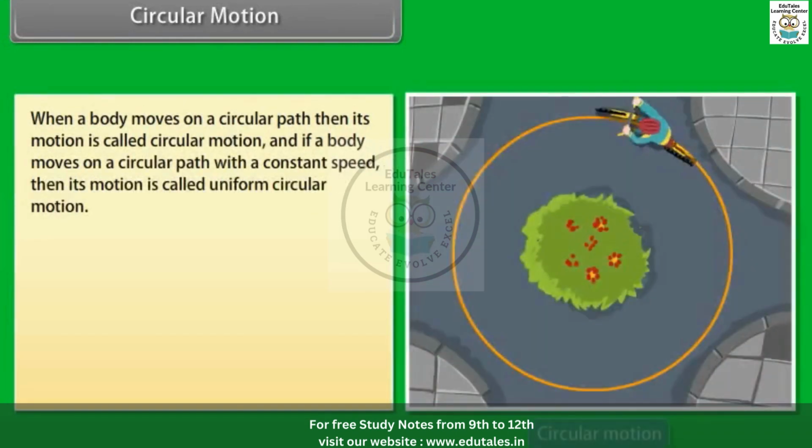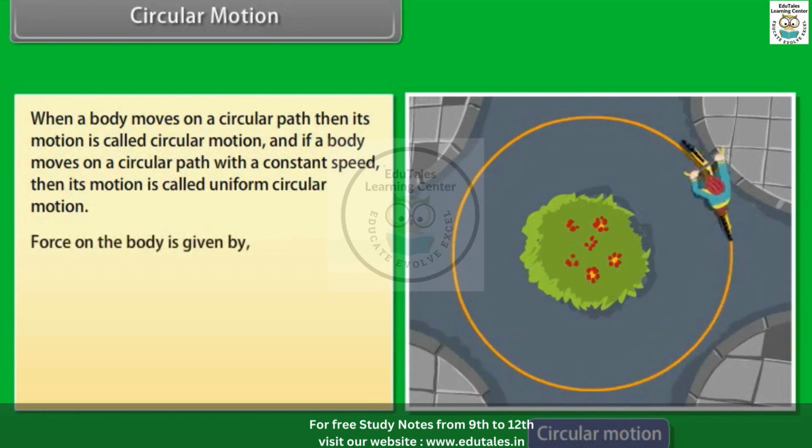Circular motion. When a body moves on a circular path, then its motion is called circular motion. And if a body moves on a circular path with a constant speed, then its motion is called uniform circular